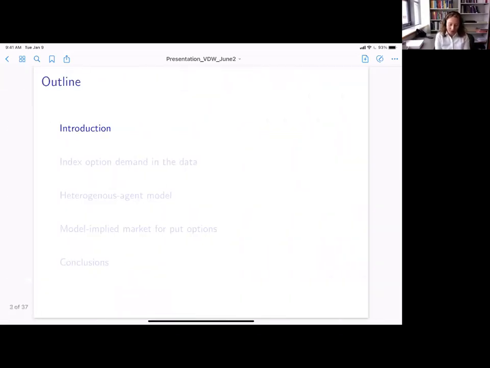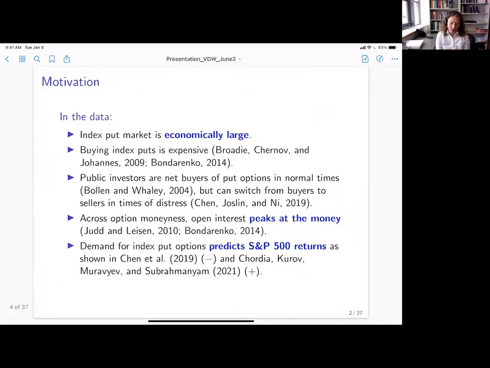So in terms of motivation, where are we coming from? Why do we need a model? Because this will be a largely theoretical investigation. Why do we need a model that explains a put option market, and don't we have one already? So let me start with discussing a number of stylized facts that you see listed here, and then hopefully convince you that there is actually a need for a theoretical basis that helps us understand all these facts taken together.